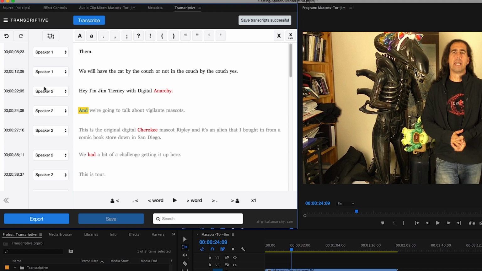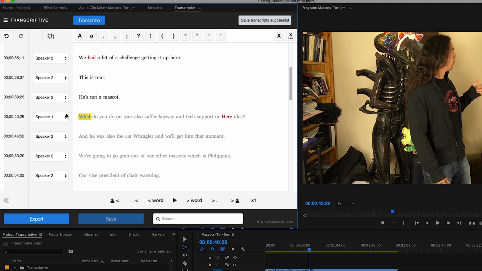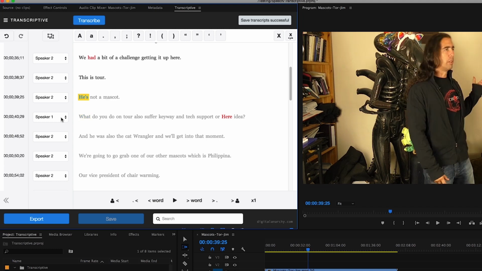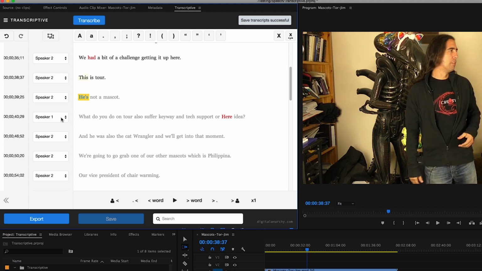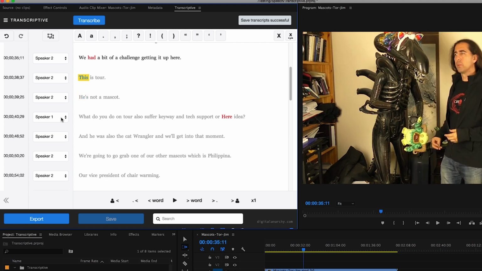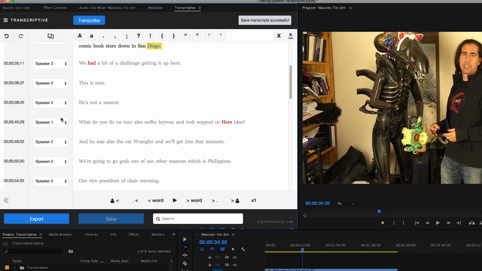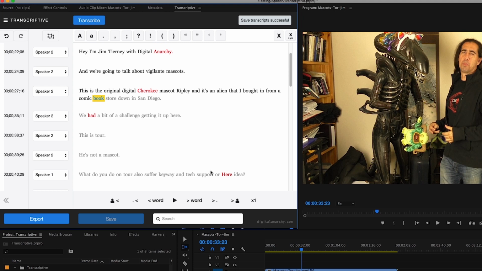So in this case, you can see that speaker 2 is talking. If I hit Option Shift forward, it'll go to the next time that speaker 1 talks. And of course, the same goes for the back arrow. If I hit Option Shift back arrow, it'll go back to the previous speaker. Option left arrow will do the same thing for individual lines, etc. And of course, there's the obligatory spacebar for play and pause.